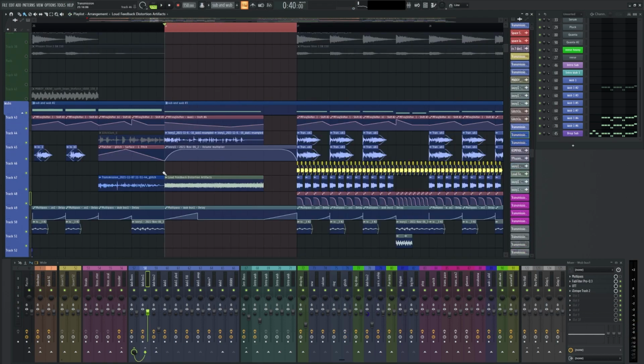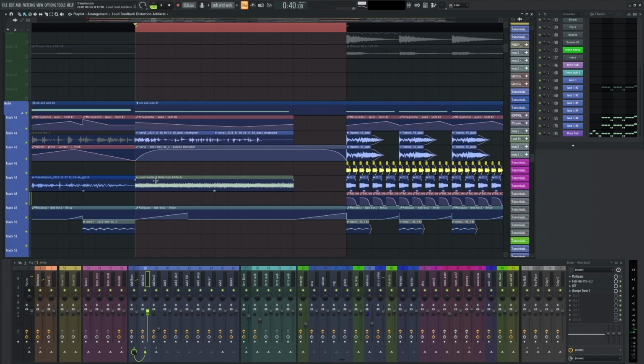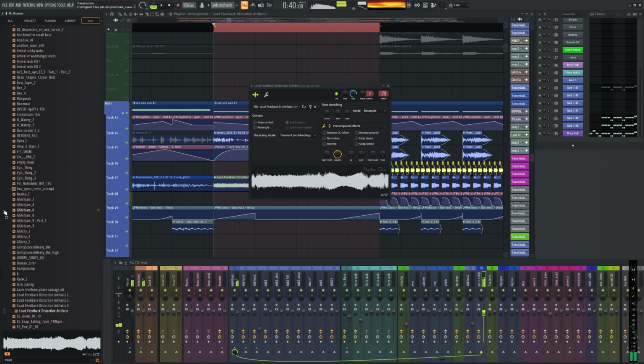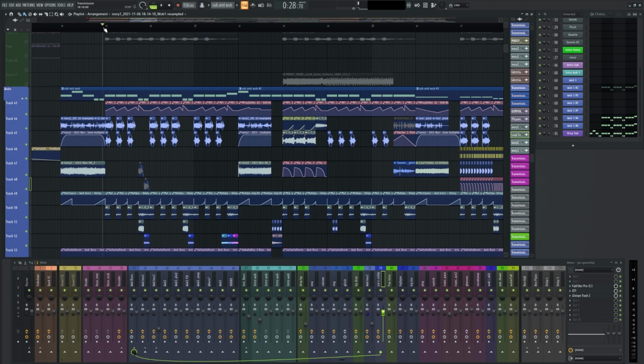Going into the next section, I added another new texture. It's just a loud feedback noise is the name of the sample. It's in my pack for you to download, and I made it by using Serum and a lot of delay and OTT. This next section is very similar to this one,